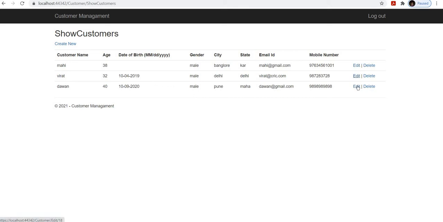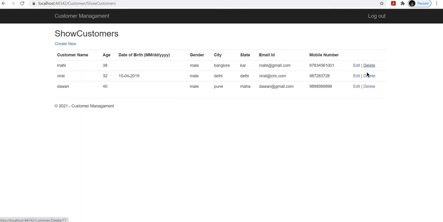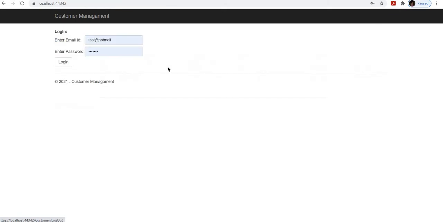Also, you can edit the details and, of course, you can also delete the detail. Okay, this is what our project is. We have also used login and logout to create a session and to kill the session. So session is also used for state management in this project. Okay,